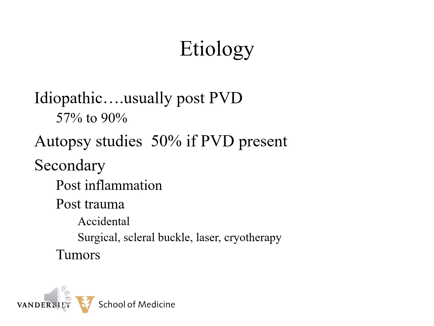The vast majority of epiretinal membranes are idiopathic, and they're associated with the development of a posterior vitreous detachment. Autopsy studies show a presence of 50% if a PVD is present as well. This is much higher than in clinical studies, as often membranes are mild and do not cause vision problems and therefore are not diagnosed in the clinic. There are secondary causes other than the posterior vitreous detachment, and these are inflammation such as uveitis, trauma, surgeries, or